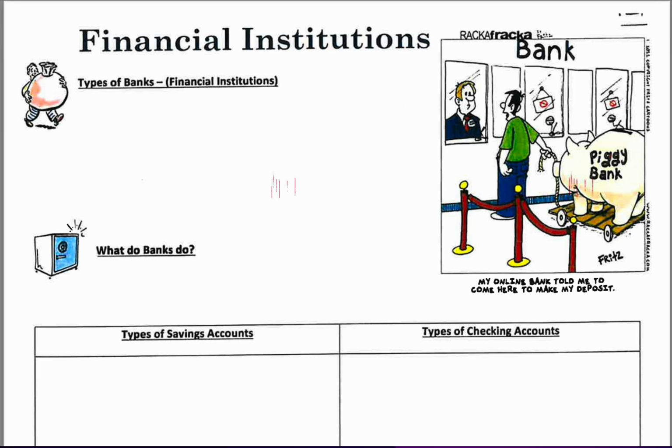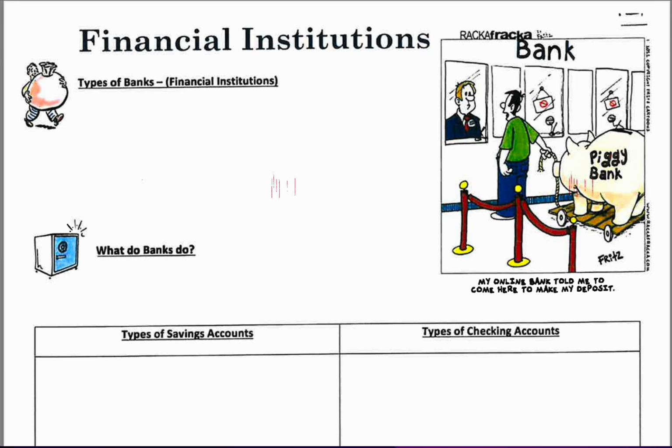At this point in time, you should have already turned in your homework to the teacher in the room. That was due today. That was on the loose leaf paper, and it dealt with types of banks and what banks do. No matter what you have, it's okay. I want you to turn that in. It's going to be important a little bit later in our mini economy. Just make sure your name's on it.